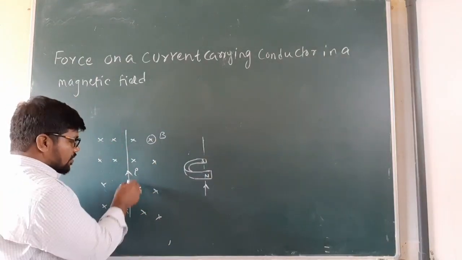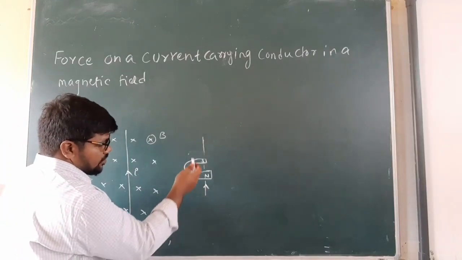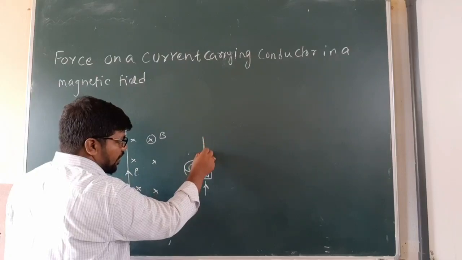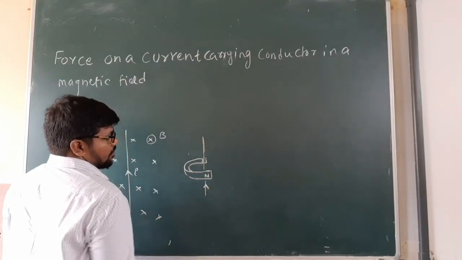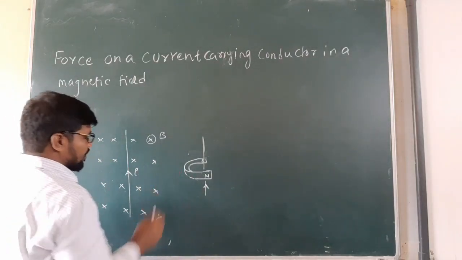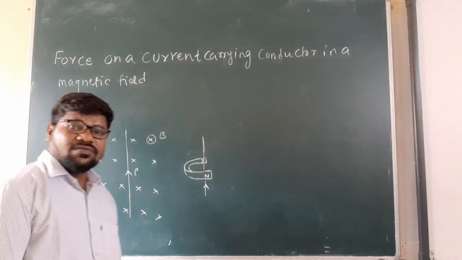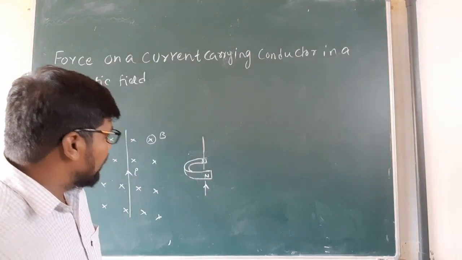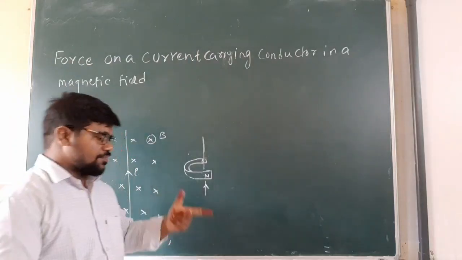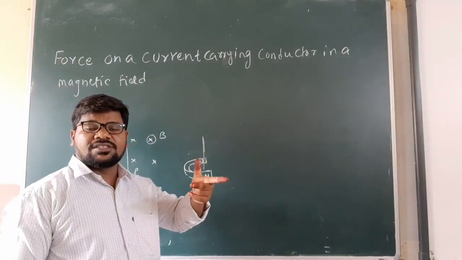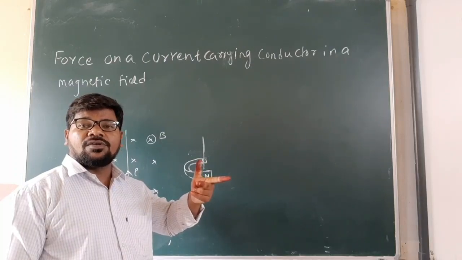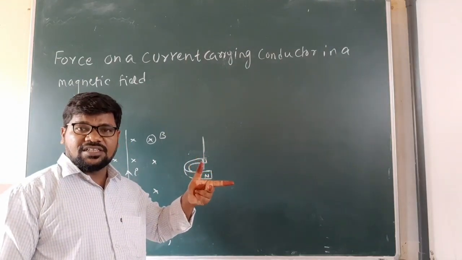See here, the field lines between the north and south. This is the same scenario. Here, how can we find the direction, my children? By using Fleming's left-hand rule. Okay, stretch your three fingers. What is Fleming's left-hand rule? Stretch your three fingers like this.